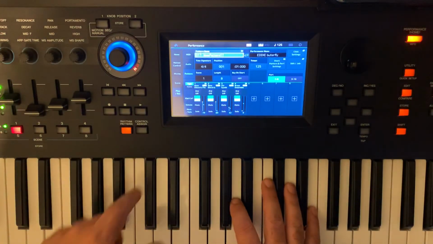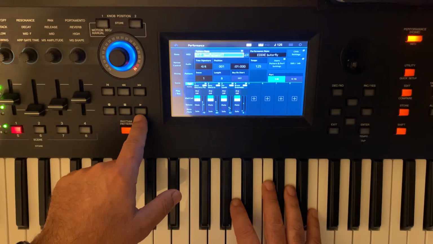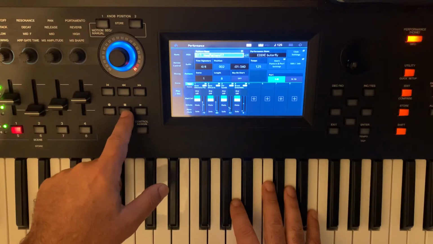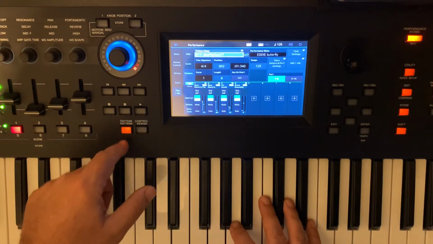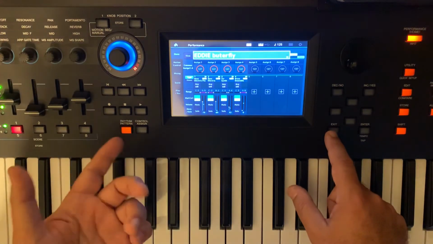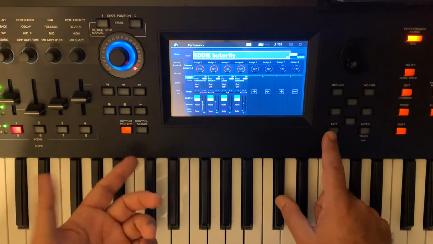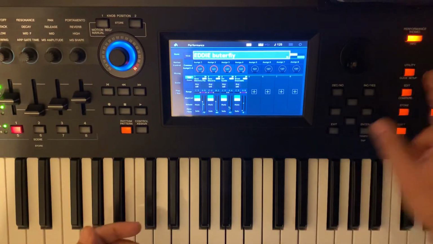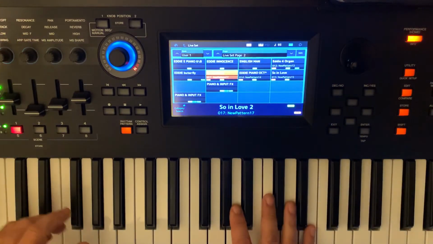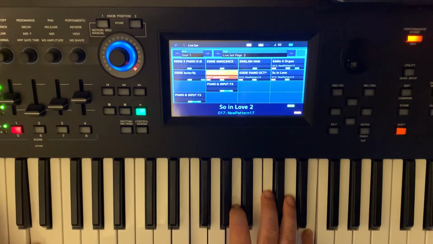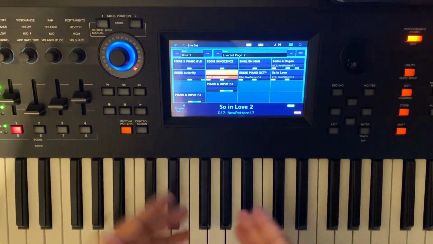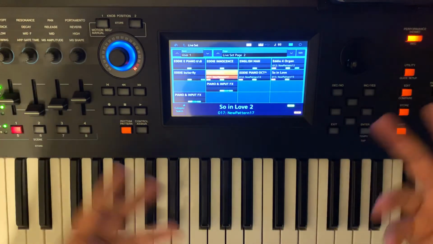So let's see. It's supposed to be, you see, it didn't work. And I don't know why. But that was supposed to go to my USB drive for the track, which it didn't. But no problemo. Let's see if this is still working. Yeah. So anyway, I don't even know how to get to the USB track player, but this is the one thing about that track player,